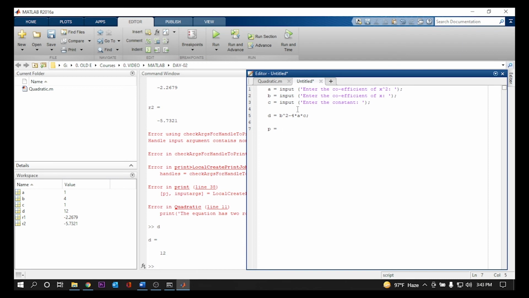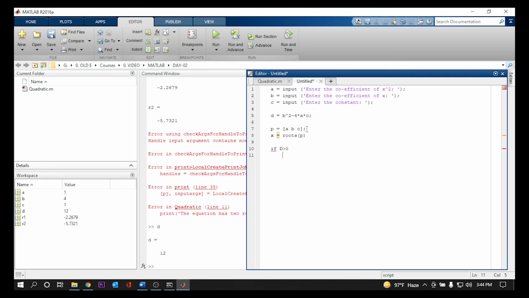Okay, so p is equal to matrix a b c. So it will take the input from here and store it in the p which we define within the matrix. There will be one row and 3 columns, right? And we'll use a function called roots. Let's type x is equal to roots, and roots will be p. So if this happens, let's call if d is greater than 0, then